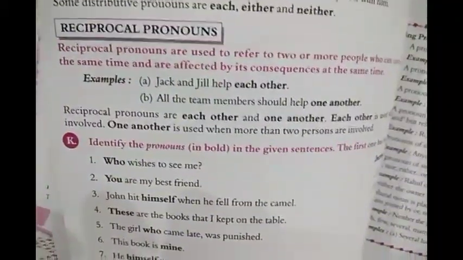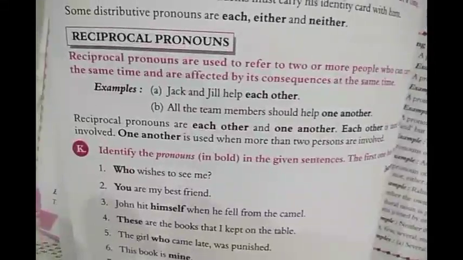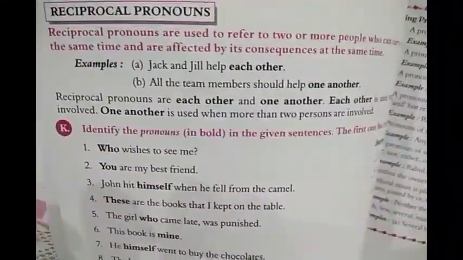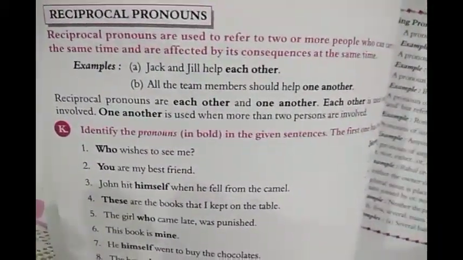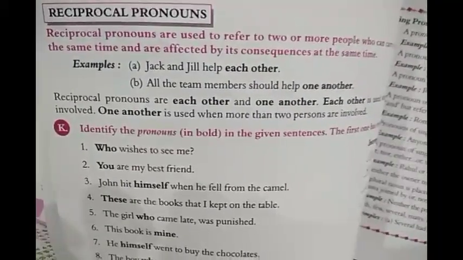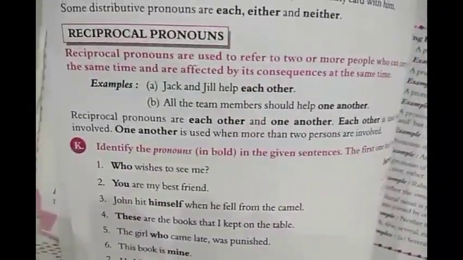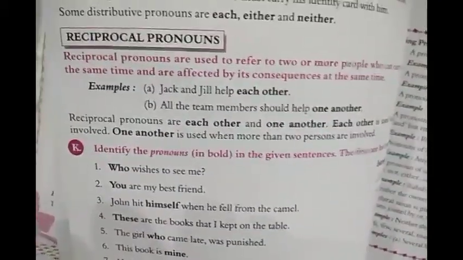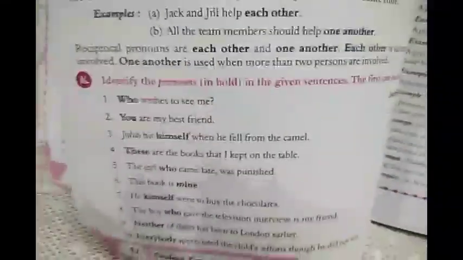They must be doing the same thing, and the involvement of two or more people is needed when it comes to reciprocal pronouns. For example, Jack and Jill help each other. In this case, the action help has affected the two nouns Jack and Jill, and therefore the reciprocal pronoun each other is used in this sentence. All the team members should help one another. So one another is the reciprocal pronoun. Then here is the exercise number K and